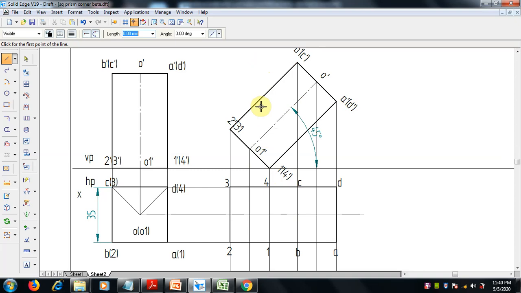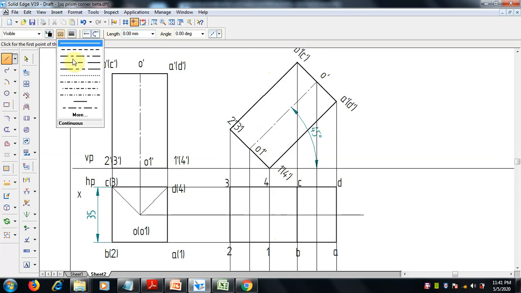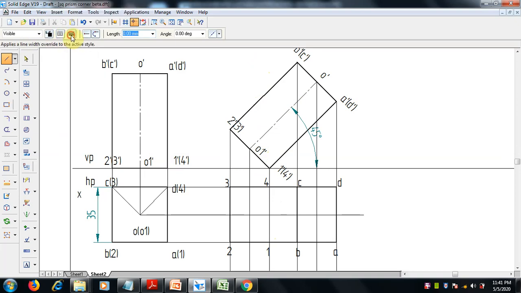From the top, we cannot see this 1 4 line, so we should select a hidden line of 0.5 mm thickness and join this 1 and 4. So this is the hidden line which was behind this. Okay, this is now over.